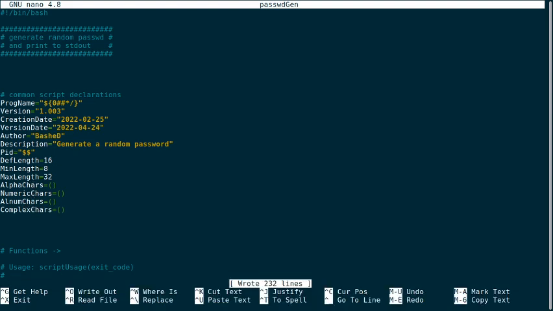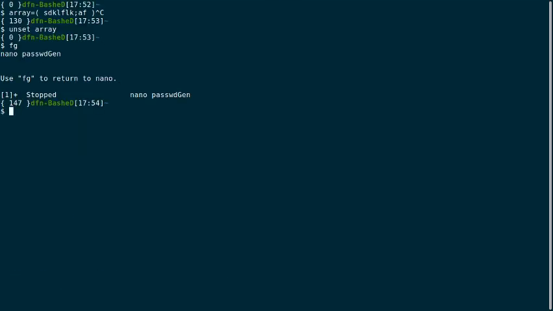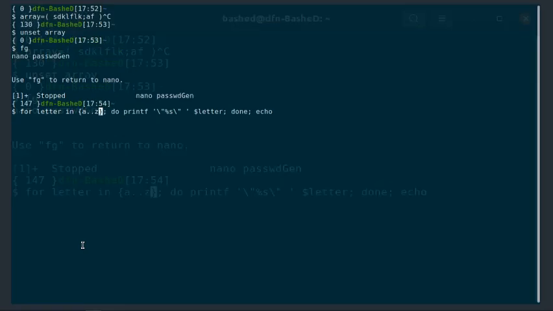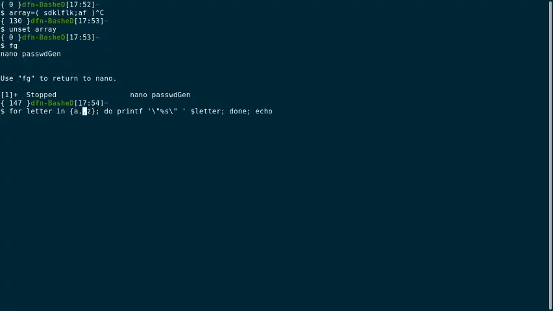Well, we want to get A through Z here. We want to get 0 through 9 here. And then we want to mix those things up for the last two. So to make this a little bit faster, and I'm not going to cover this in the README, we're going to just take a little command line shortcut here. We're going to do this quick for loop. We're going to use bash's built-in listing feature. So you see this curly bracket combination here as part of the for loop. This is